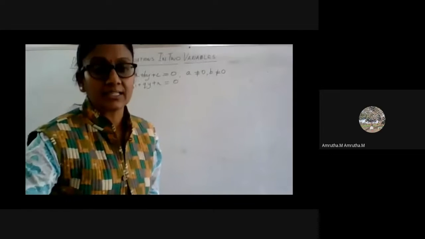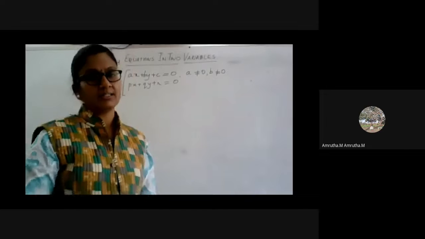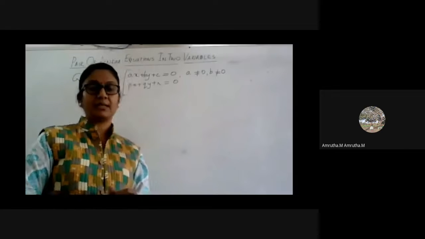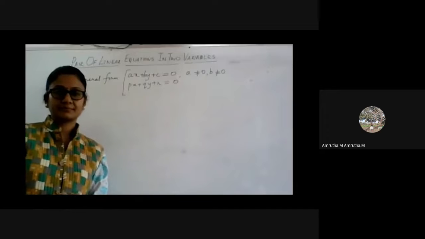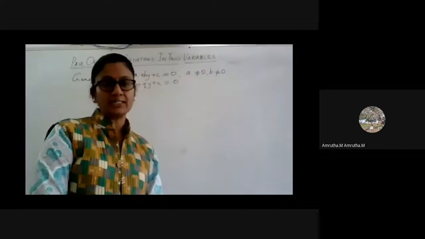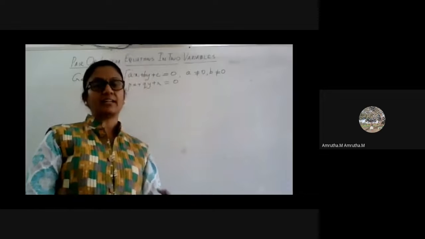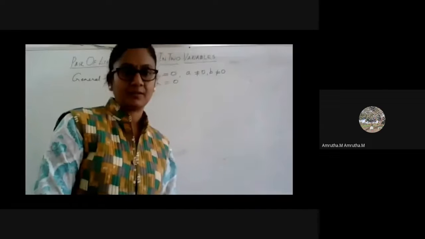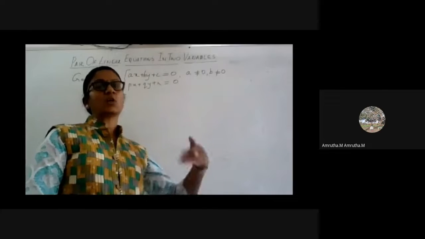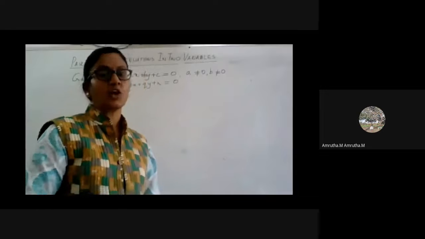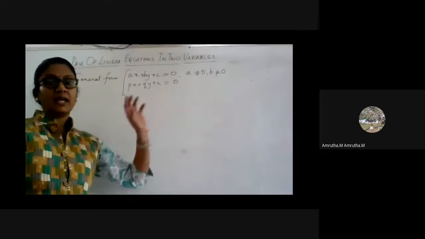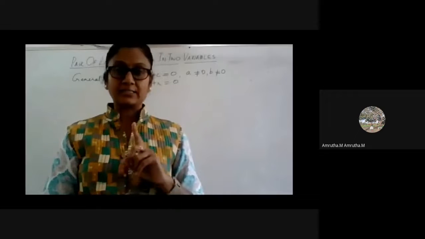What about the third condition? Can you guess what should be the third condition? Intersecting or parallel is already there. What else can it be? They will be overlapping lines. That means they will be coincident lines. What do you mean by coincident lines? From the word itself, it is very clear. Overlapping or coincident means one over the other, line over one another. So one line will be exactly the copy of the other, lying on the other, and hence the two lines will appear as though they are a single line.